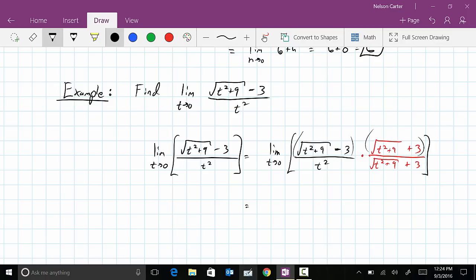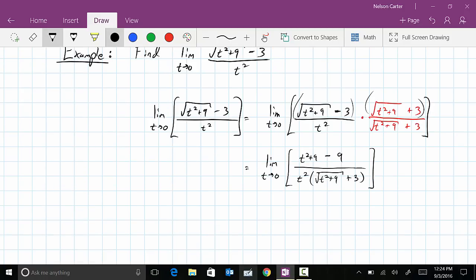This is an expanded form of a difference of squares. Something like a minus b times a plus b. So as a result, you can just use the fact that it's a difference of squares, and you're going to get t squared plus 9 minus 3 squared, which is 9. And that's all divided by, and in the denominator I'm not going to distribute. I'm going to leave it as two separate factors. So now what we can do is, if we notice that this plus 9 and this minus 9 are going to add together to get nothing,